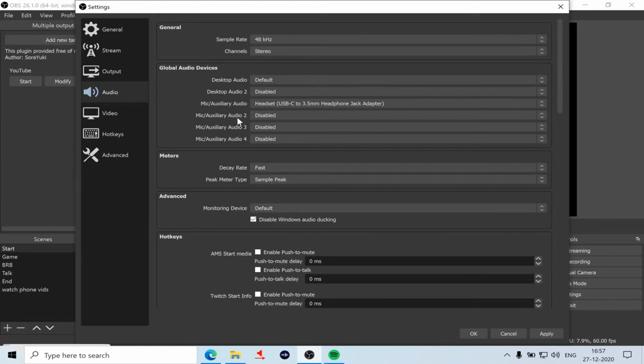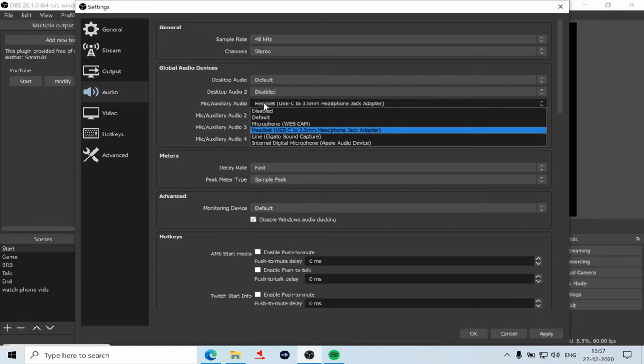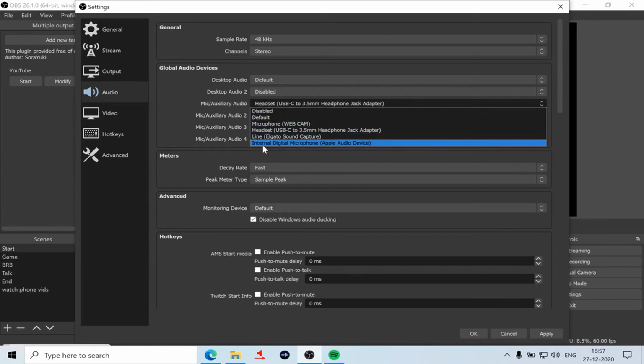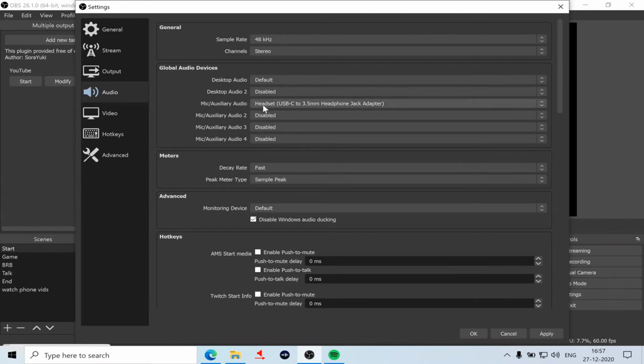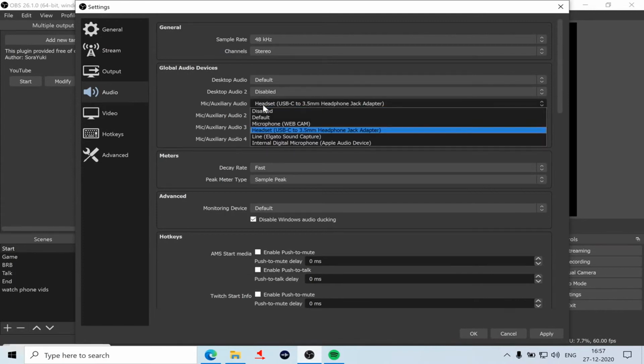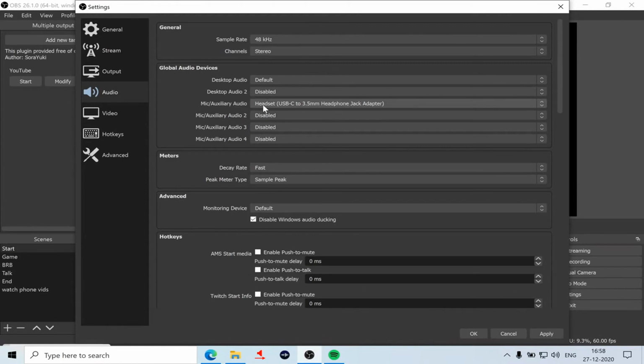If I add my headphones here, you can select the microphone that you want for the stream. And all the while you're playing a game, let's say PUBG Mobile, this mic is what your teammates will hear. So make sure you are using a proper mic. No other changes need to be made here. If you're using multiple microphones, you can change accordingly. Right now, everything is disabled because I'm just focusing on one microphone.